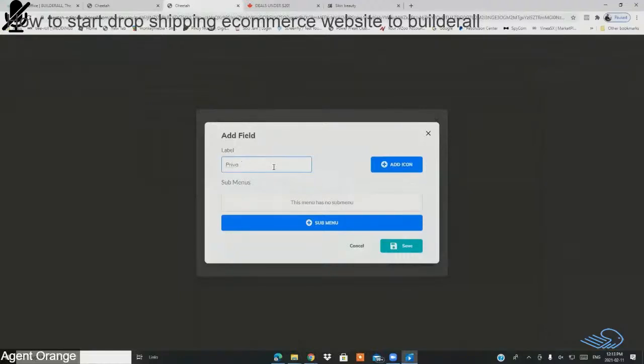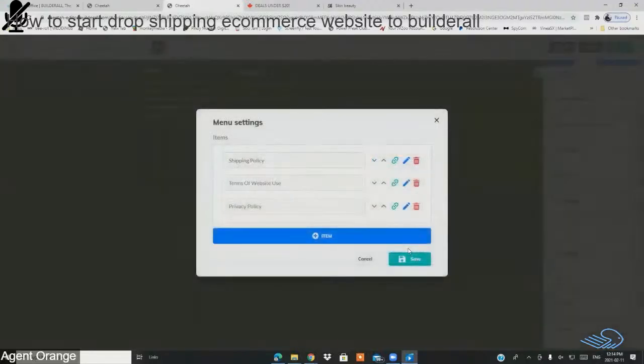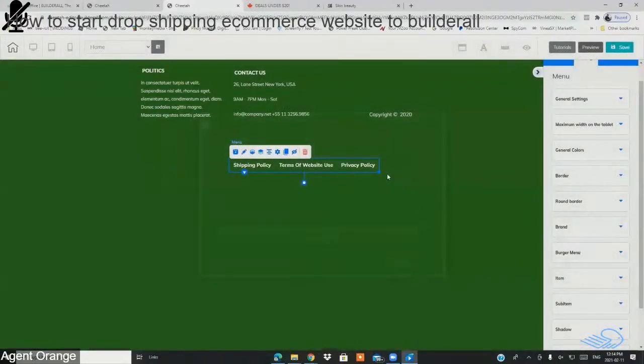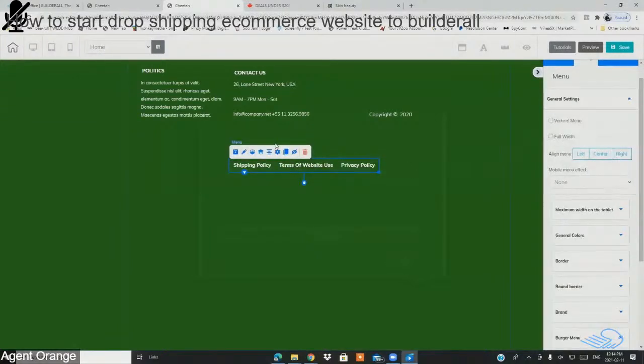Privacy policy. That's it. Let's save it. There you go. Bam, it's ready, right? So the color, I think we need to use the branding, right? So we need to be very careful with that. And for that matter, I think I need to,